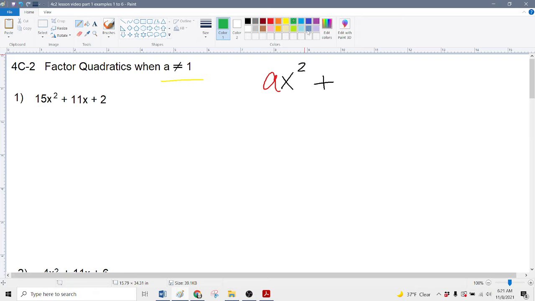And when we listed out what standard form looks like, it looks like this, okay? And what I want to point out is this A and our B and our C. Because when we're factoring by grouping,